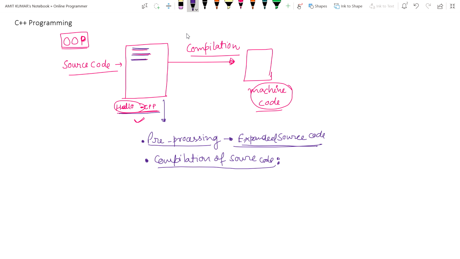The compiler converts the source code to a version that can be run on that machine. So in this step, the expanded source code is converted to machine specific assembly code.